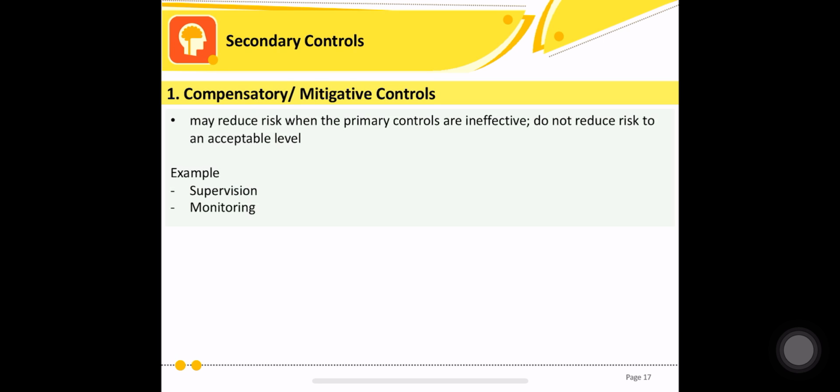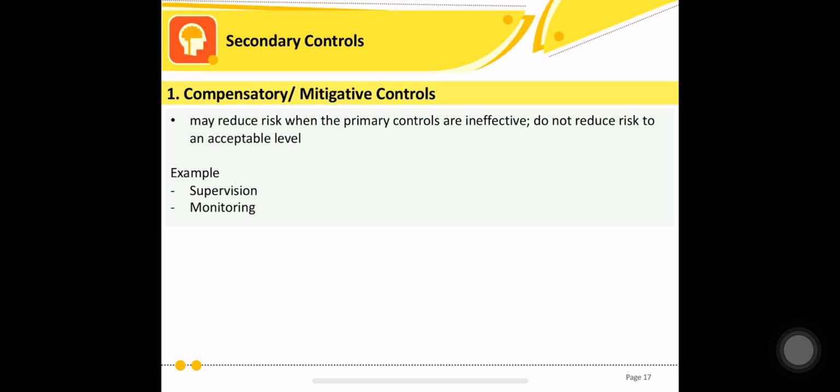So, paano naging example yung supervision sa monitoring? As you can see, mga na-example ko sa inyo last time is about bank, diba? Like, yung vault, yung cash vault inside the main vault, yung alarm na pwedeng gamitin ni teller, ni service associate dun sa cash box niya. Now, as you can see, diba, nakakalusot pa rin eh. Kaya dami mong control pero nakakalusot pa rin. Ba't nagkakaroon pa rin ng bank robbery?